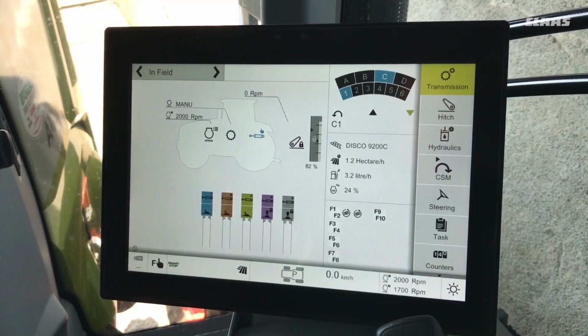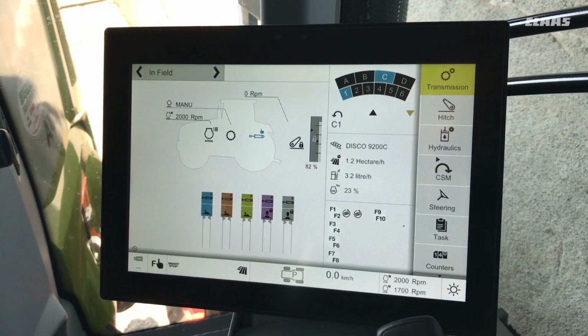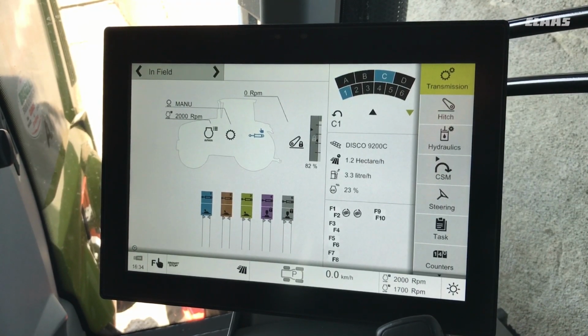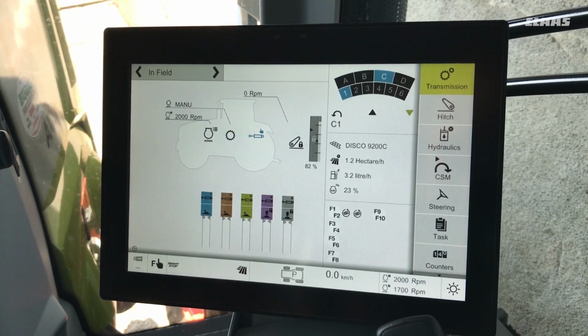Hello everyone. Today's topic is Class Sequence Management, or CSM for short. CSM is the headland management system on a Claas tractor. It allows us to record up to 4 sequences per implement, and within those sequences the operator can program a large number of functions all on the one button. So it'll give the operator ease of operation for the more complicated implements that have lots of things going on